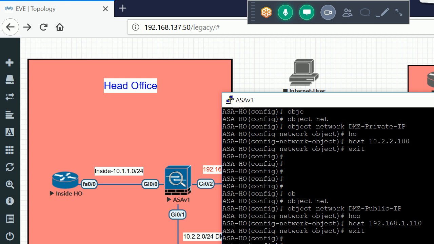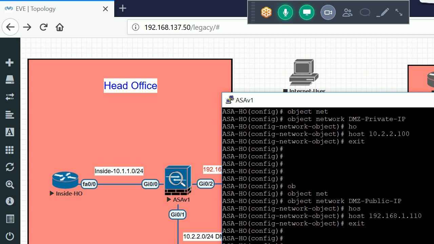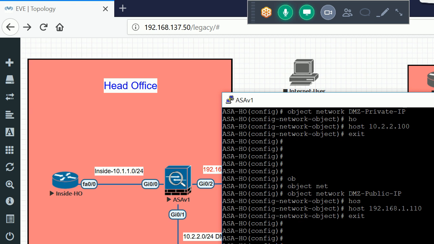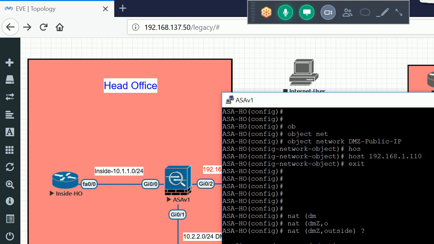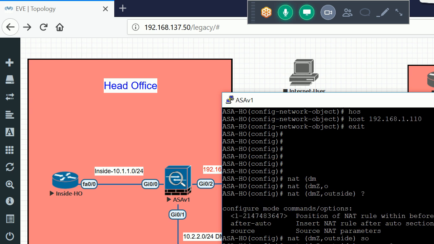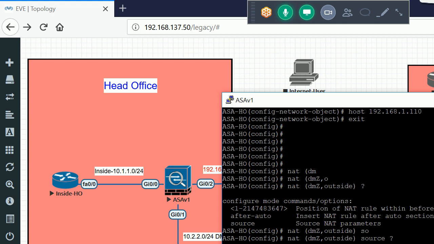So now I use this nat, DMZ to outside. I'll just enter the question mark. I'll define the source. Now I want to use the static NAT. Static.